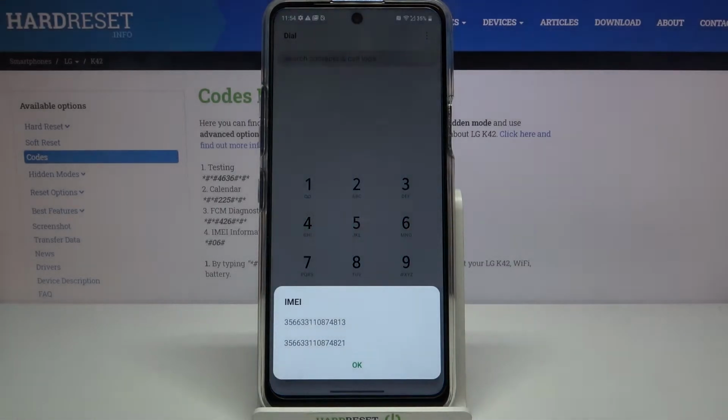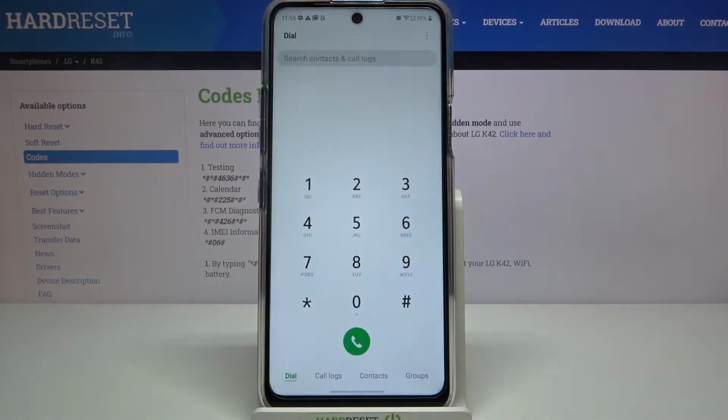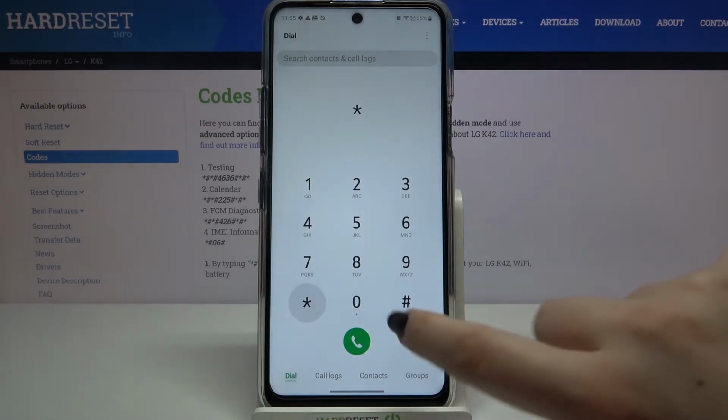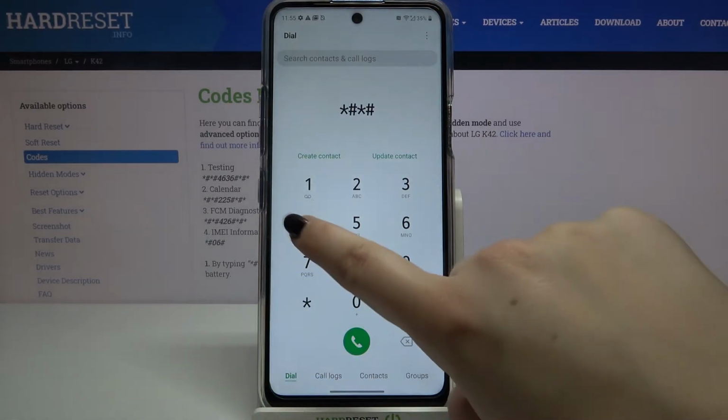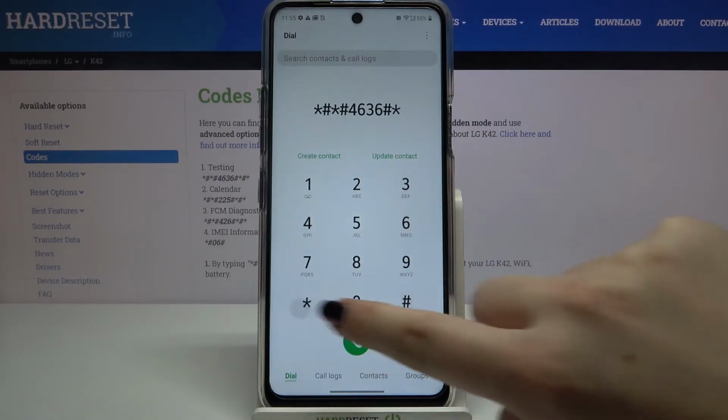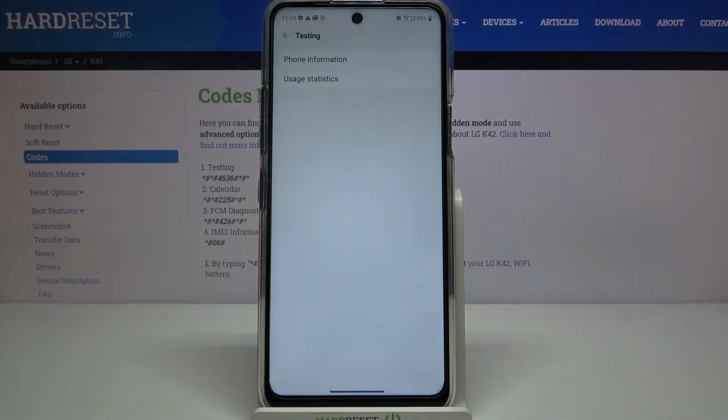*#06#. And as you can see by this code, we are provided with both IMEI numbers attached to this device. Let's tap on OK and let me show you another code which will open the testing mode. It is *#*#4636#*#*. And as you can see, we are in a testing mode, so here we can check some phone